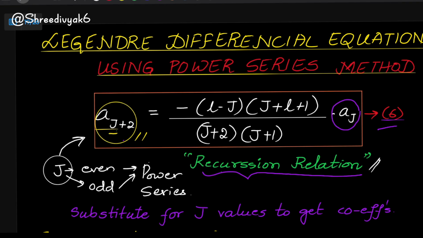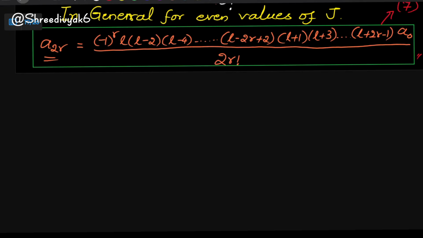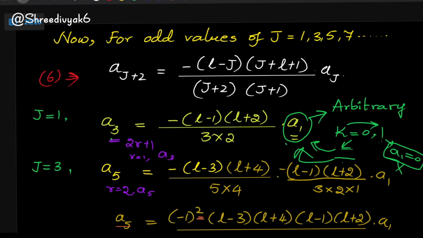So here every coefficient I am getting in terms of j. In the increasing values of j, I am getting all these coefficients for all those infinite terms. But since we are finding it in terms of the descending powers of x, we are just going to modify that